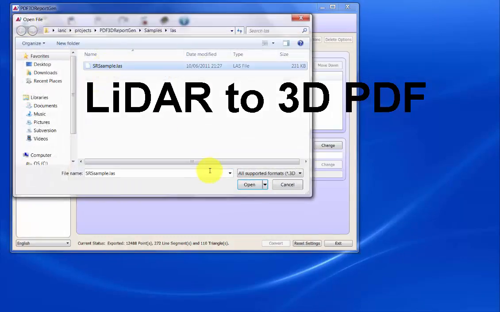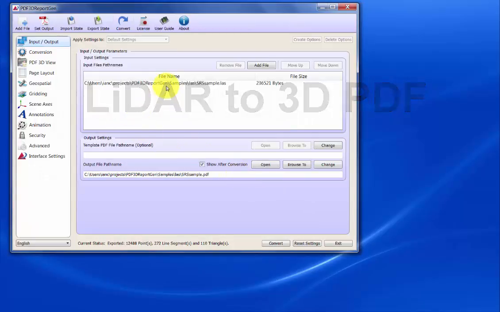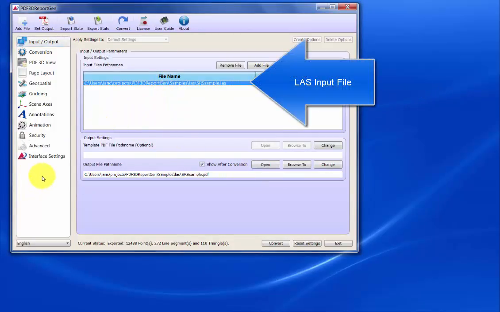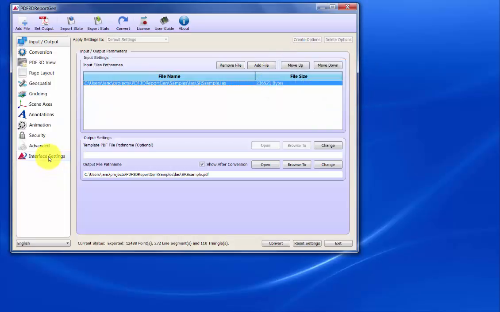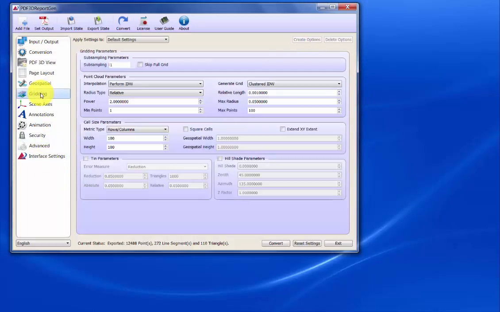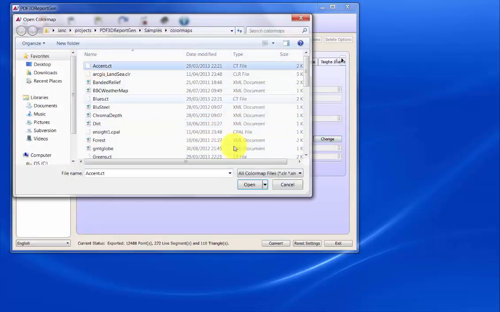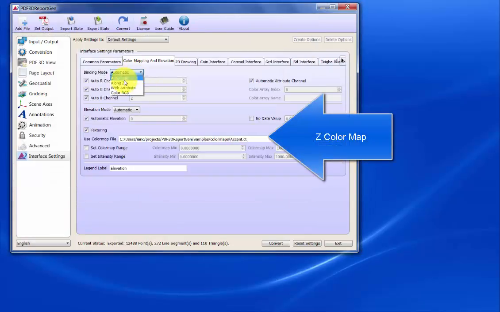LiDAR point sample data can be converted from a number of formats, including LAS format or ASCII PTS, XYZ, XYZI, etc. Here we're loading a LAS file, and we can specify, first of all, how interpolation should be treated, and we have a choice here of just showing the points directly with no interpolation as a good starting point, and then we can add a color map which we can apply along the elevation of the points to reveal some